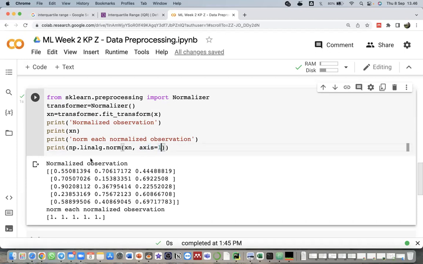Axis equal 1, it means we calculate each row or each column. Column or rows? Are you sure?